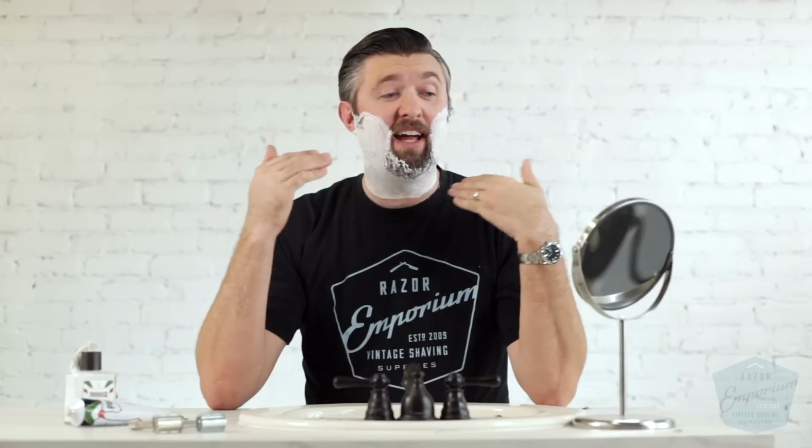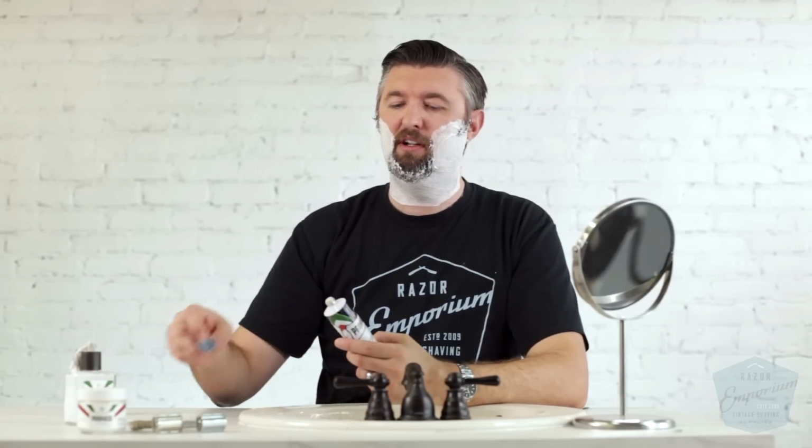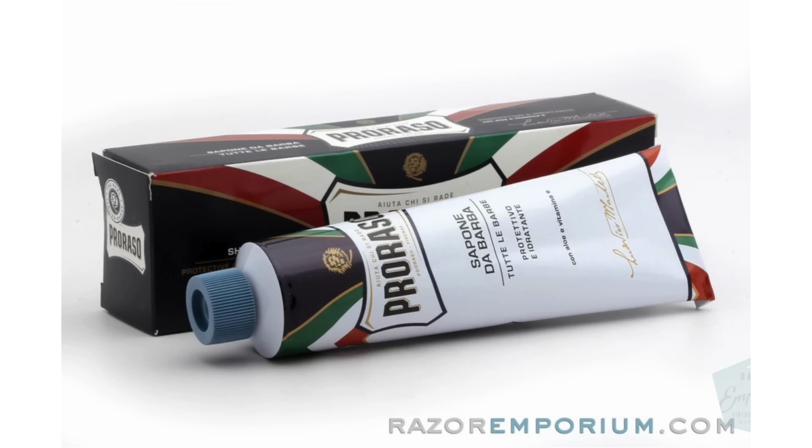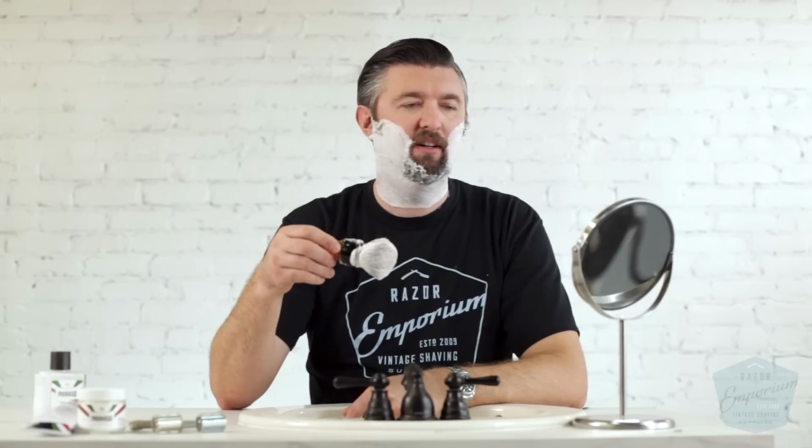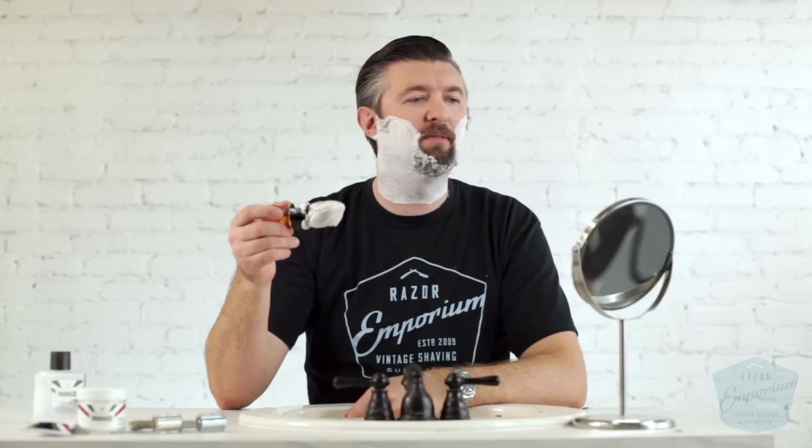All right, everyone, I am all lathered up. We used a Perma-Sharp pre-post today, the white for sensitive skin. I used their blue Perma-Sharp shave cream. We used the Razor Emporium brush to make it a lather. It's fairly good. I think it could be maybe a little better, but I always tell you guys, this is